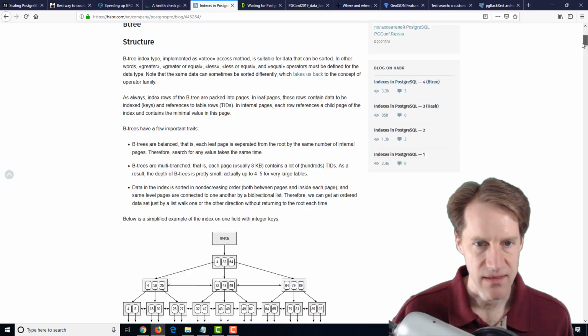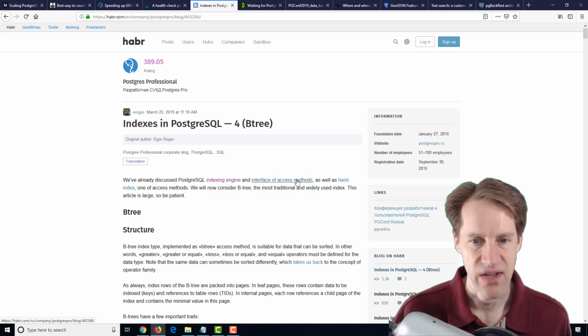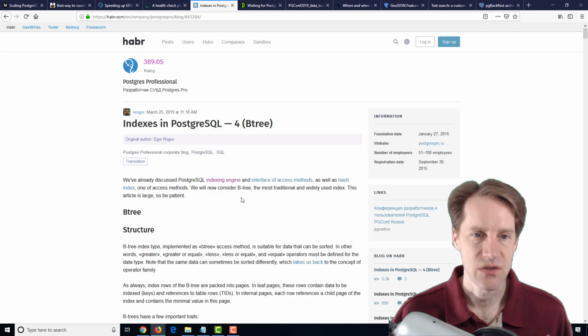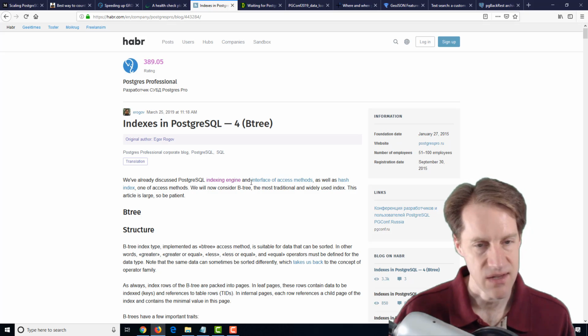And what's more than that, this is actually the fourth post with regard to this. And they have, number one was on the indexing engine of Postgres, the interface of access methods, and the hash index. So if you want to learn more about PostgreSQL and its indexing, these are definitely a series of blog